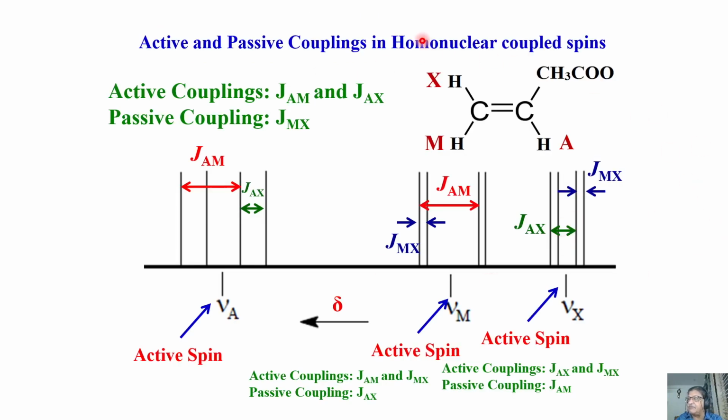Okay. Now we can go to active and passive couplings. This was an example I took for a homonuclear 3 coupled spin system. Now what happens if I take a heteronuclear coupled spin system? Which are active and which are passive? Because in a realistic molecule, you can have different NMR active nuclei present. There will be a coupling among all the spins. Remember I said the NMR spectrum does not distinguish between active and passive spins, or between homo and heteronuclear spins. All couplings can be present in the spectrum, but you have to analyze.